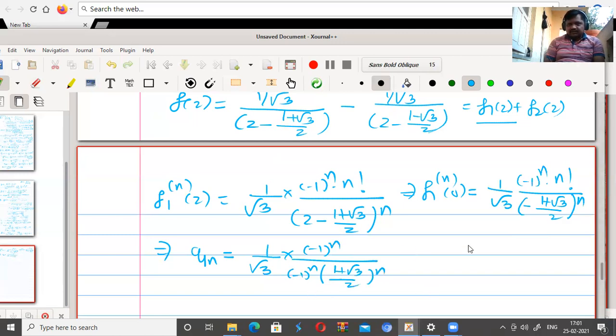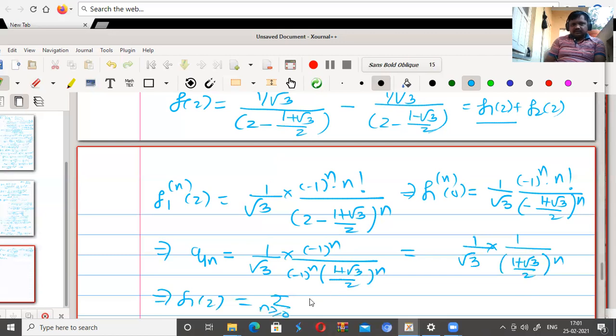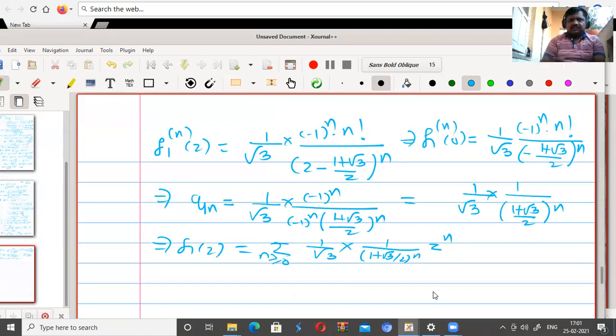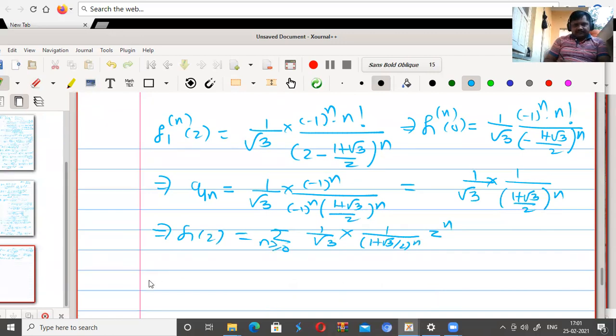So this is nothing but 1 by root 3 into 1 upon (1 plus root 3 divided by 2) to the power n plus 1. This will be a1n, and therefore f1(z) becomes the summation for all n greater than or equal to 0 of 1 by root 3 into 1 upon (1 plus root 3 by 2) to the power n plus 1 into z raised to n. Similarly, for f2(z),